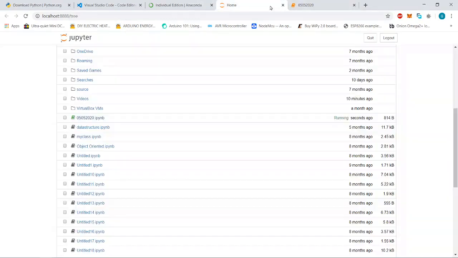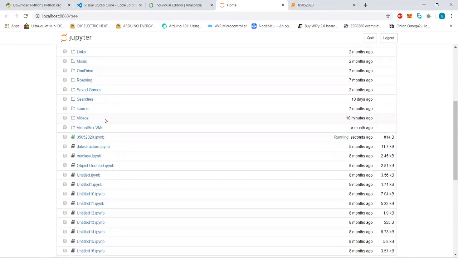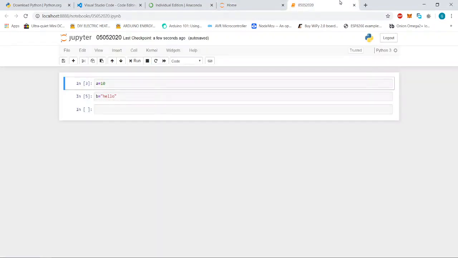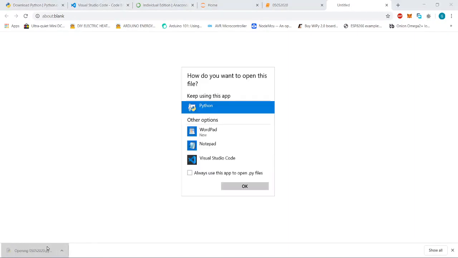Whenever this file is stored, the extension of this file will be .ipynb. Here ipy means interactive python notebook. So in the next tutorial we will see some features of interactive python, and how this notebook can be helpful. If you want to export this code to a file, you can do it. Go to File and then download as python .py file. It will be converted into a .py file, and then you can open it.